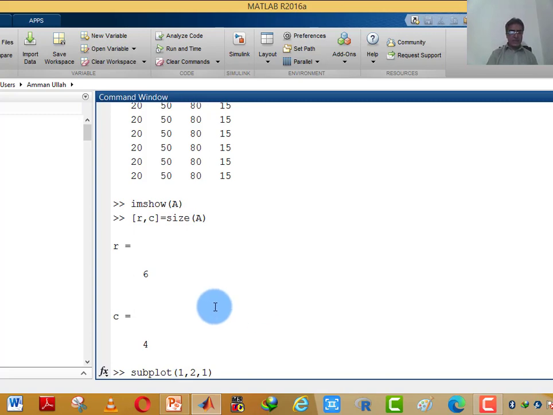Here the third value, these two values represent that the subplot consists of one row and two columns, and this 1 means we are displaying at the first location of the grid this image, imshow.